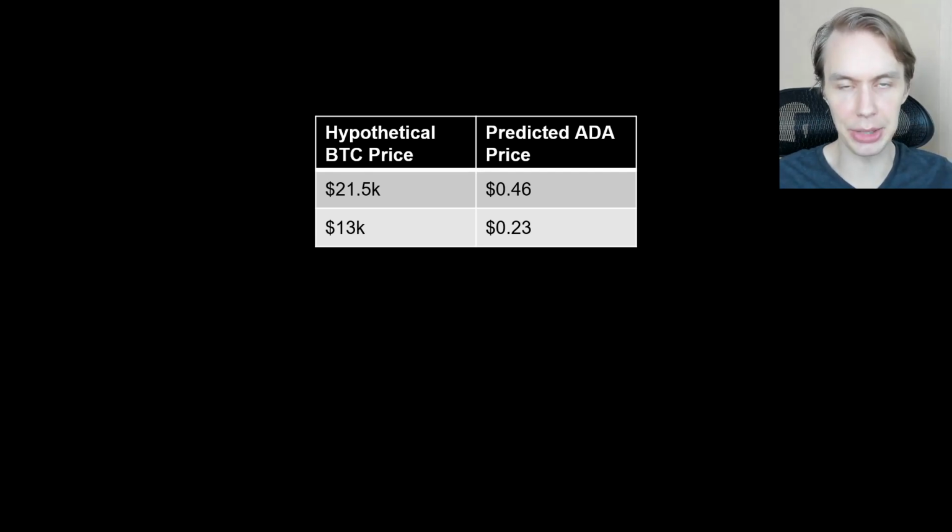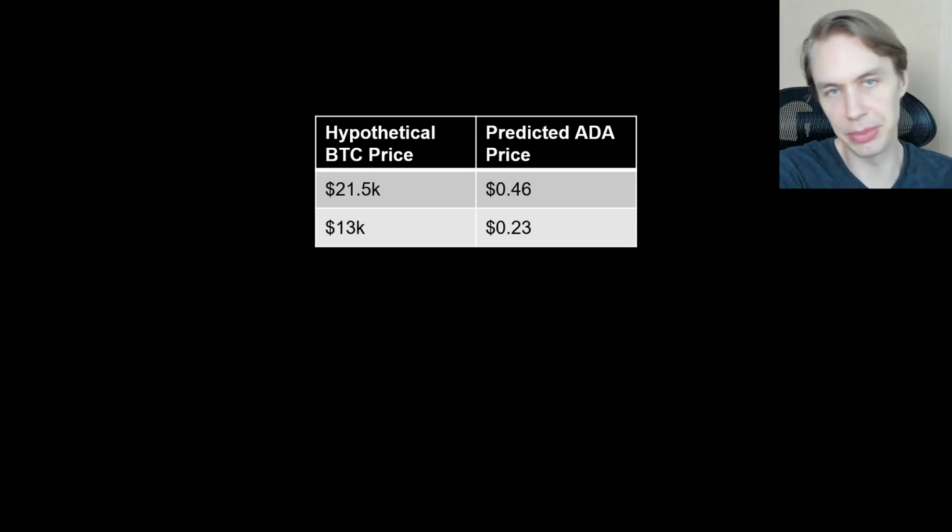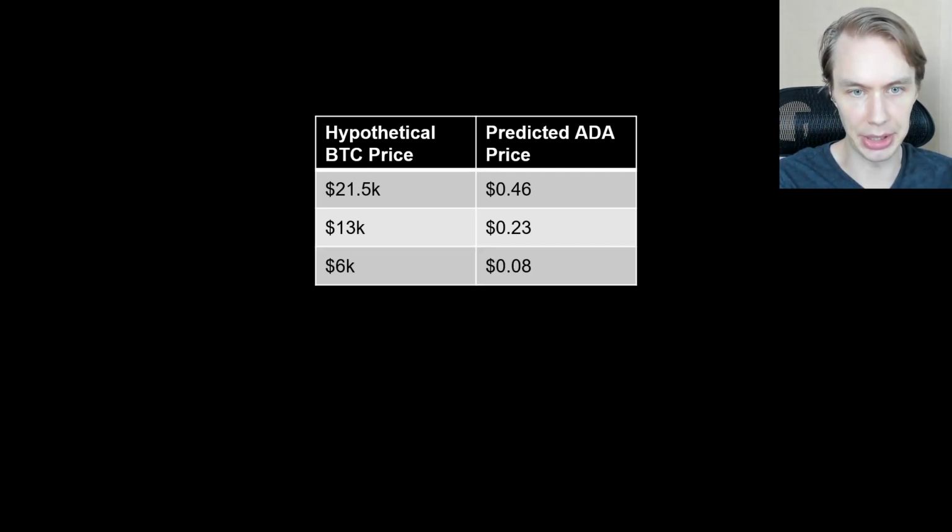So what would happen to ADA's price if that happens? Well, we can see that the model estimates it would fall to around 23 cents. So around about a 50% drawdown from current prices should Bitcoin fall to 13K. So not great, but not absolutely horrible either. ADA had fallen pretty low back there in June as well. So just based purely on its relationship to Bitcoin, we would just be going back to kind of the 20-cent level. So not something that ADA bulls would want to have happen, but it's not zero by any means.